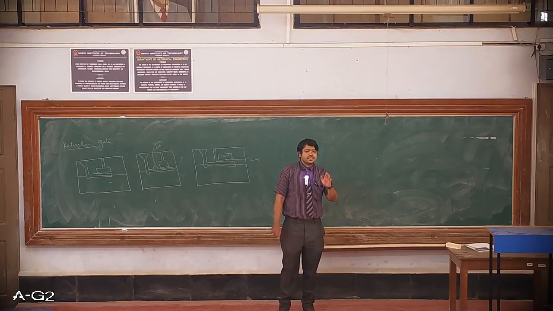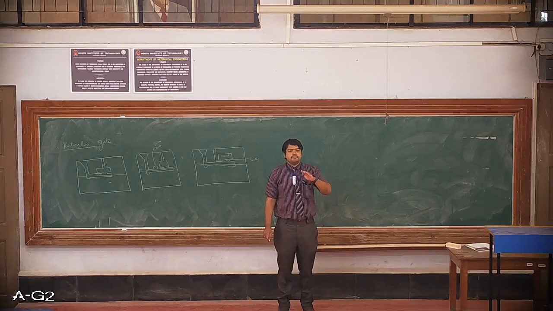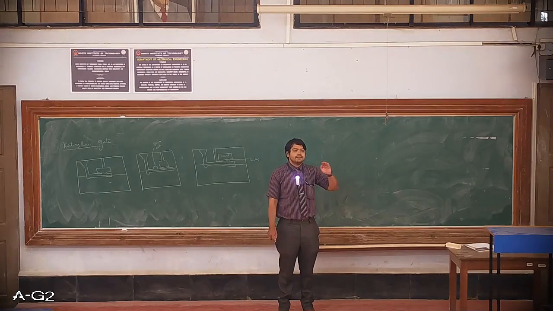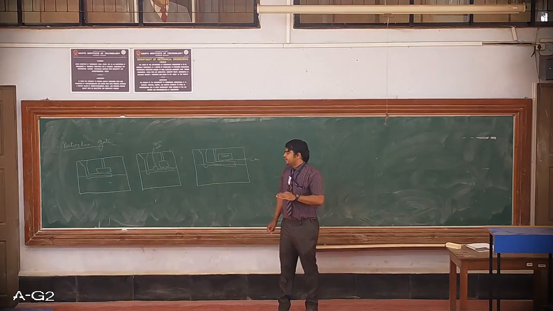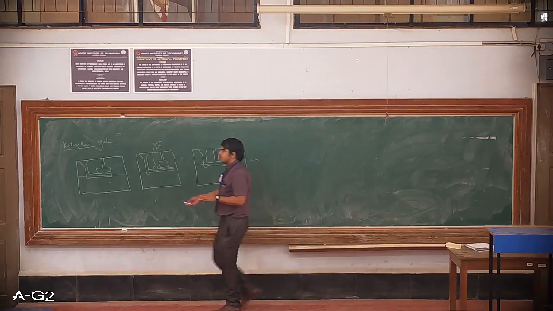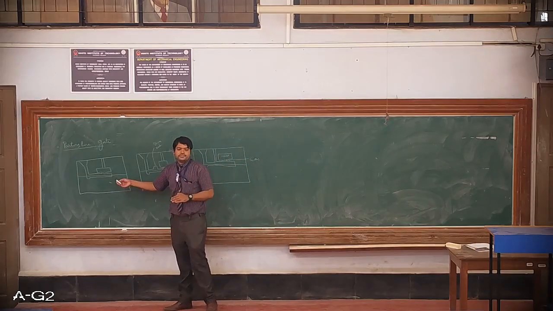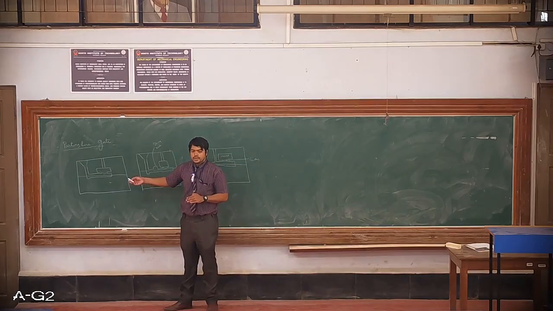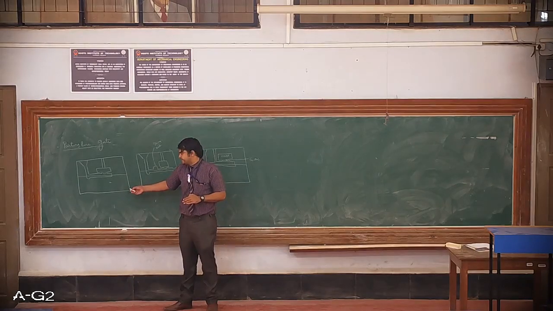The patterns are made in such a way that some part of the pattern along with the gating system comes in the cope part, and some parts of the gating system along with the drag part of the casting come in the drag part. Okay, so here you can see this is the most general one that we have seen from unit number 2 as well as in the studies class up to the elements of the gating system.